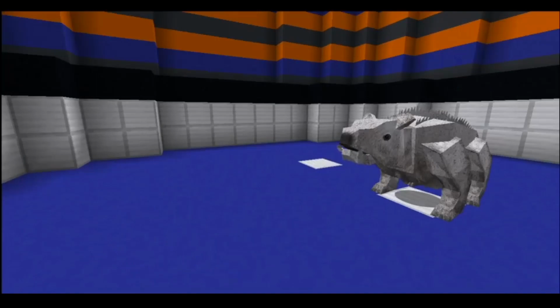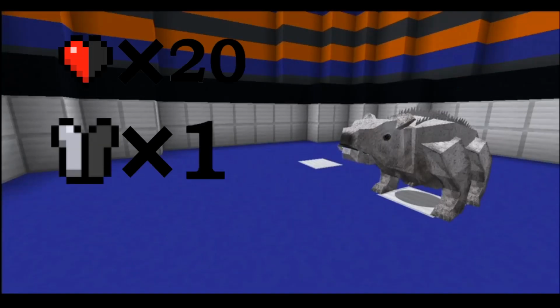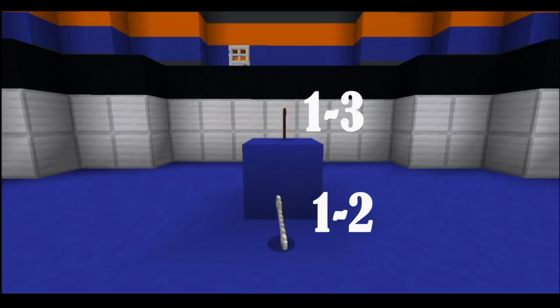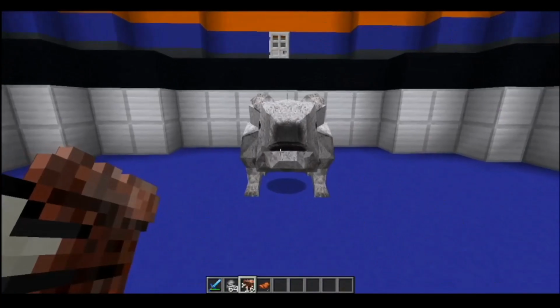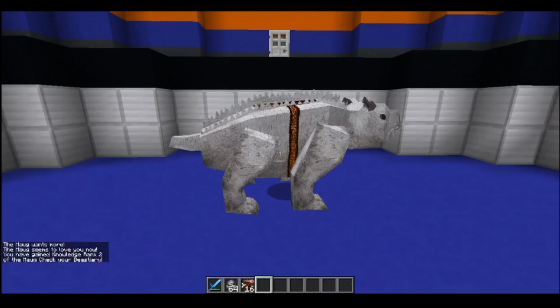This is the Mog. The Mog has a health of 20, a defense of 1, and a melee attack damage of 3. The Mog can drop 1 to 3 leather, and 1 to 2 bones. In combat, the Mog will jump at the player, afflicting the slowness effect. The Mog can be tamed by using beast treats, and once it is, you can put a saddle on it